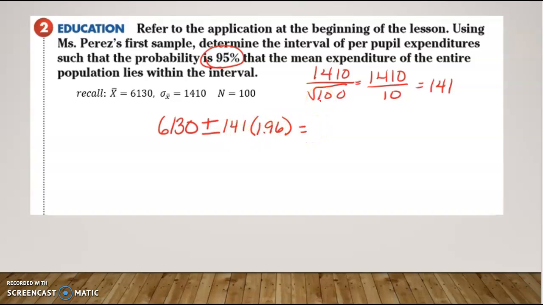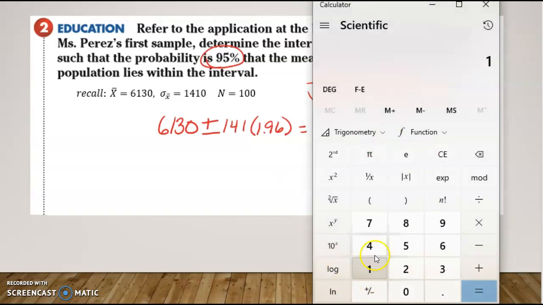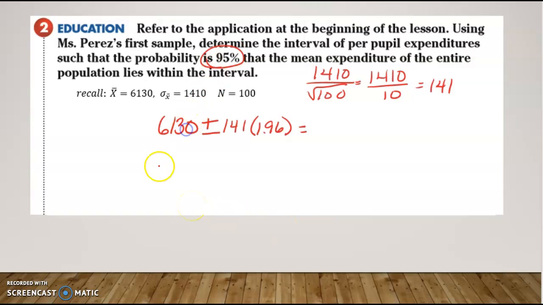So, what I am getting, I was hoping I had it out somewhere, but I don't. 141 times 1.96, 276.36. So I have this 6130, and it's going to be plus or minus 276.36. Okay, so if I add that,